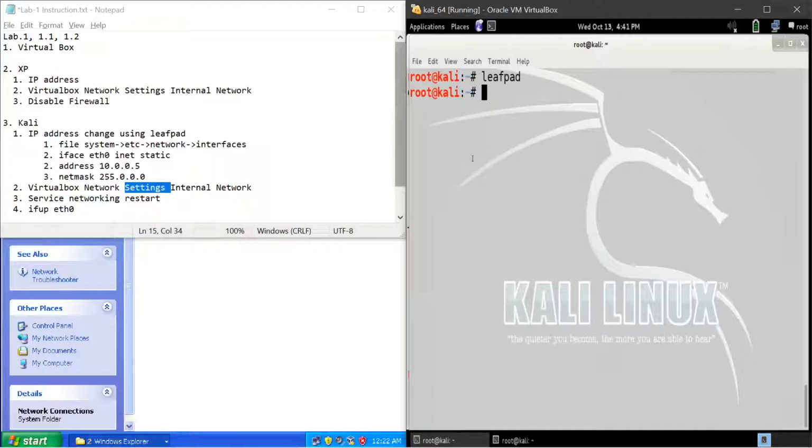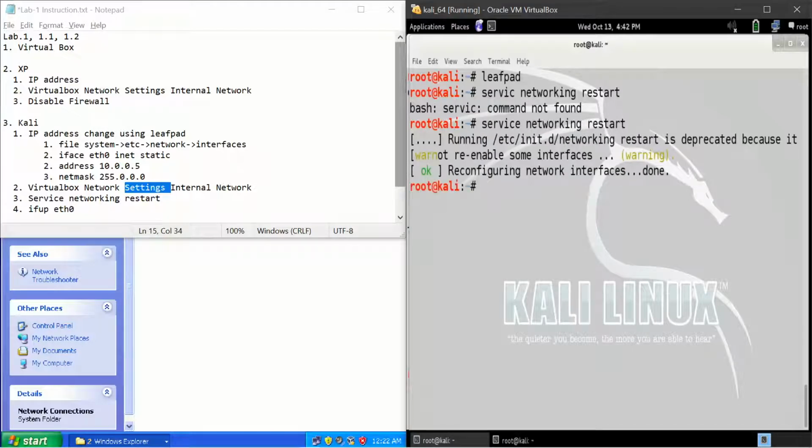Now go back to Kali, the third step, service networking restart.